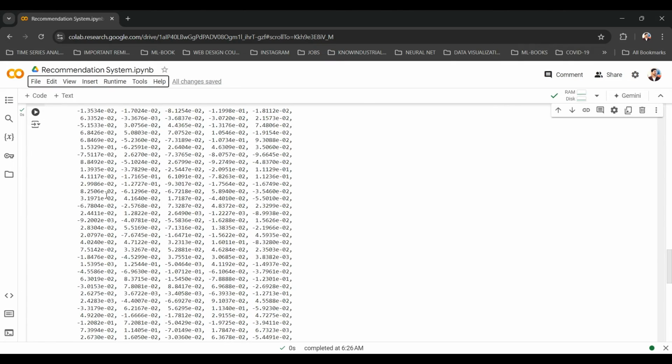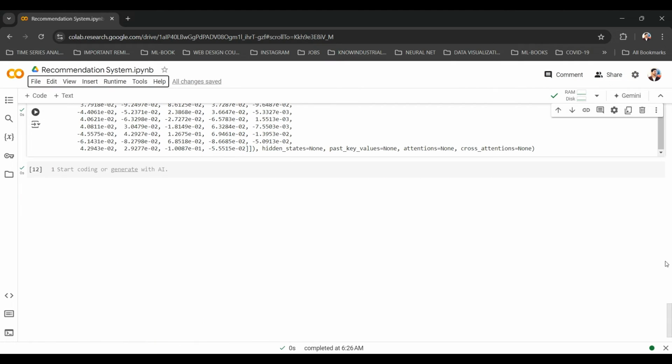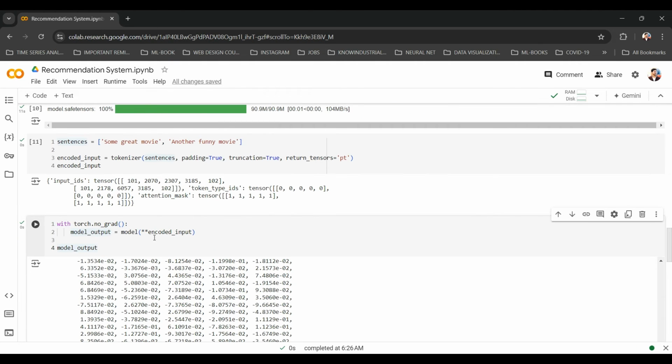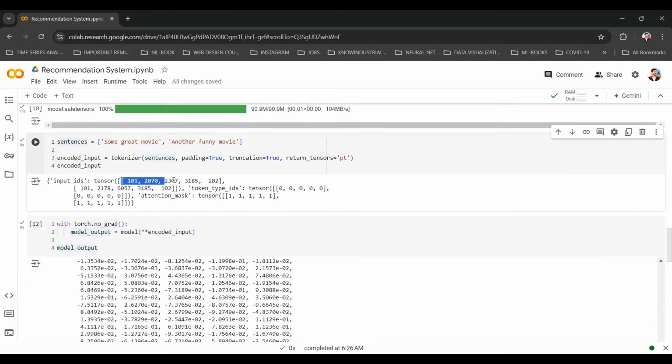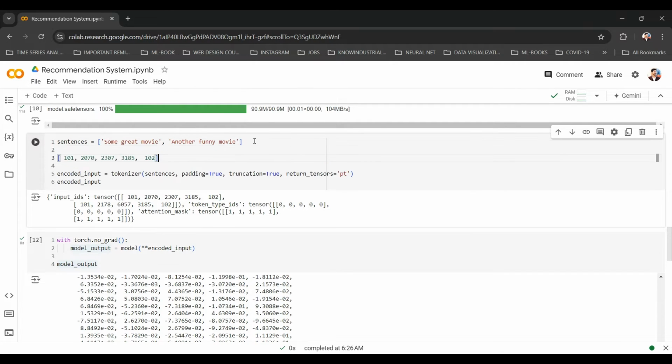Let me copy one of those. Imagine the scenario where these were the tokens for the first sentence, some great movie. Copy and paste this here.